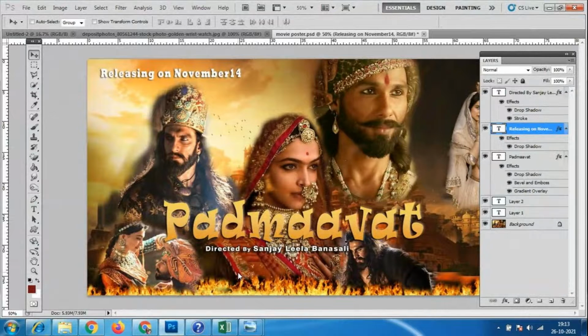Alt and left click. Together, we have to use Alt and left click, because we have to keep the images beside. One by one we have to keep the images, download whatever images we have to use. So we have to make a movie poster. This is a movie already done; whoever is creating the movie will take according to the shot, so they will place the images.